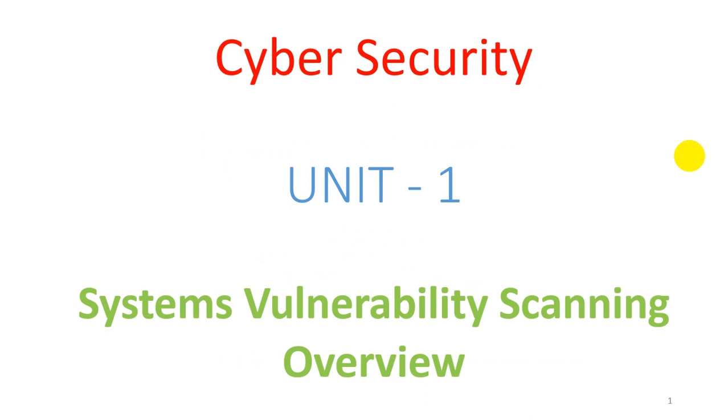We are discussing more stuff of system vulnerability scanning overview. Previously, we discussed some details about port numbers, or we can say open port numbers. In the previous lecture, we discussed what an open port is, what the different common open ports available in our computer system are, and how, if a hacker finds an open port in our computer system, we can lose the primary security parameters like confidentiality, integrity and availability with the help of the open port.